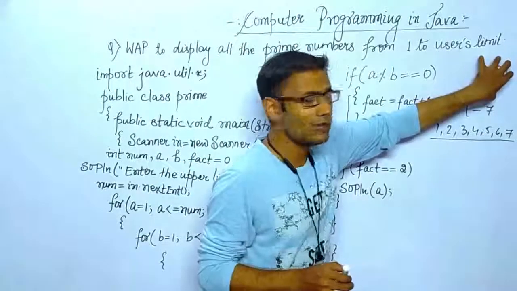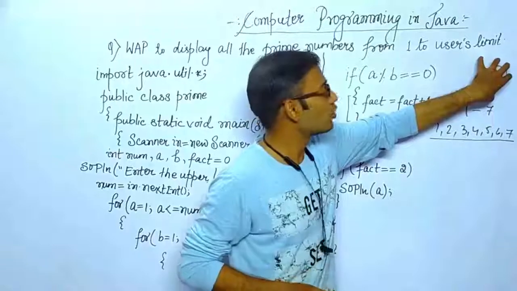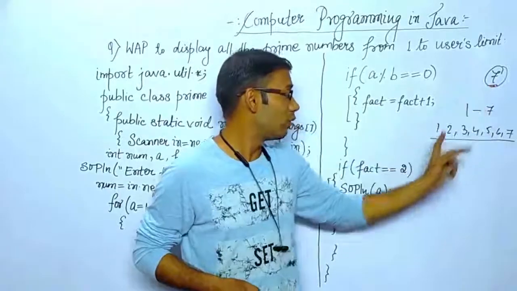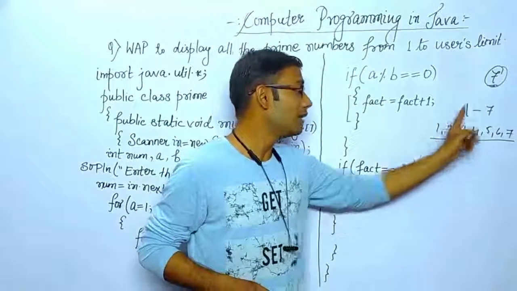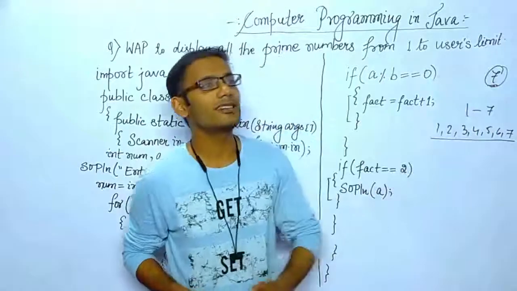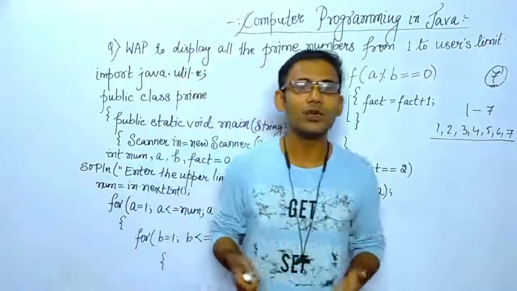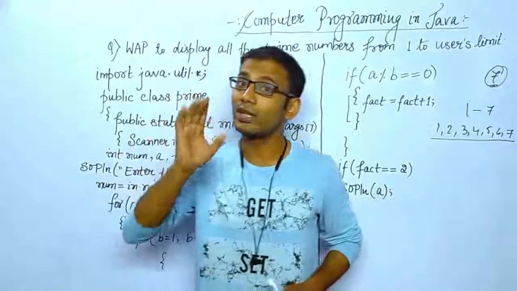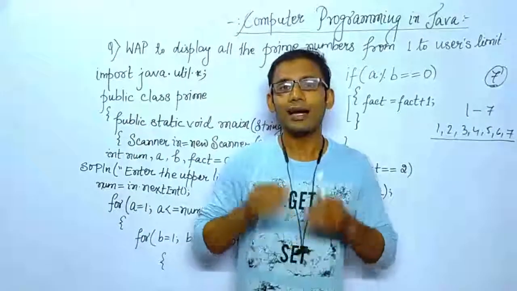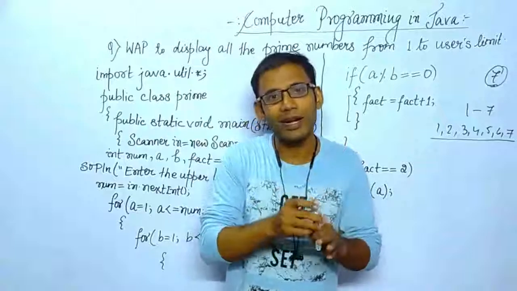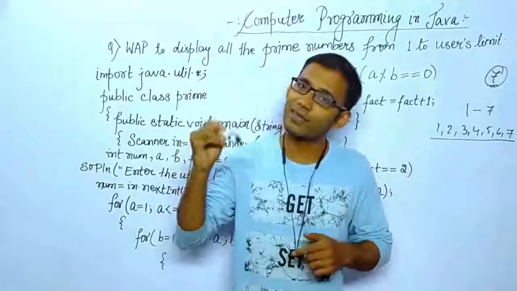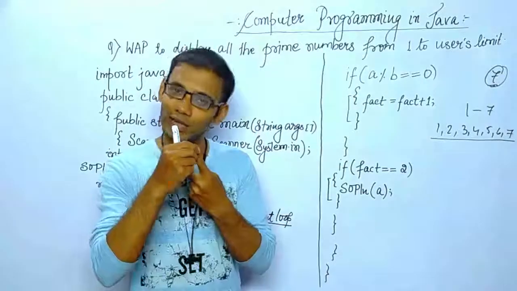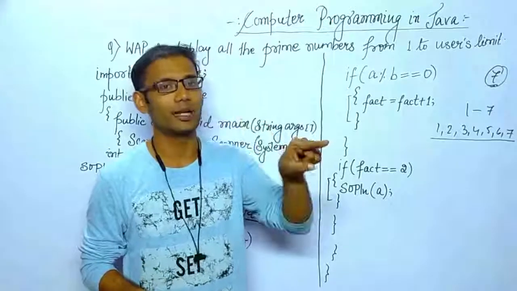This is our target number. We need to check whether this number is prime or not. So we will be testing this by dividing this number by different numbers starting from 1 till this number. Understood? Let's suppose we check whether 9 is prime or not. We need to check whether 9 is divisible by 1 or not, 2 or not, 3 or not, 4 or not, till 9, not by 10. Is that clear? And if after dividing 9 by 1, 2, 3, 4, 5, 6, 7, 8 and 9, the number of factors comes to be 2, that is 1 and the number itself, only 2 factors, then that targeted number is a prime number.